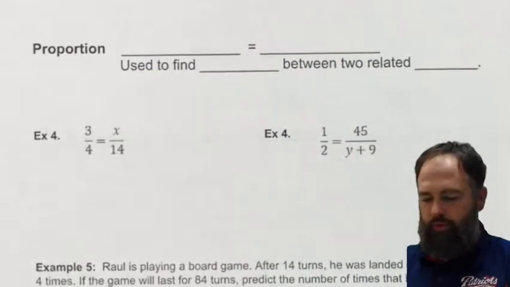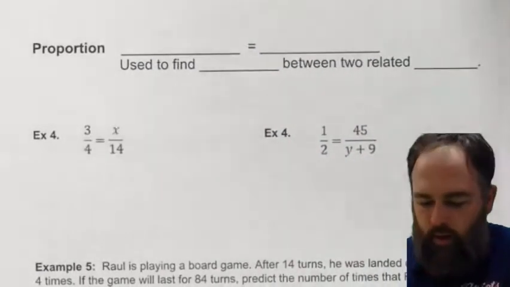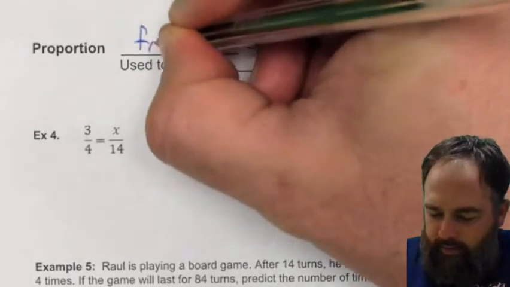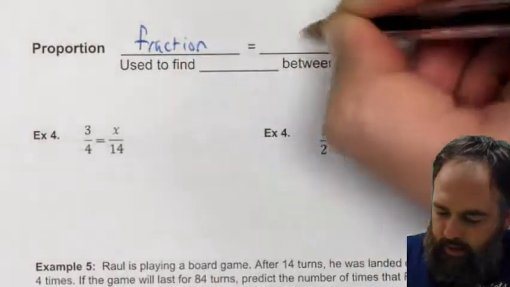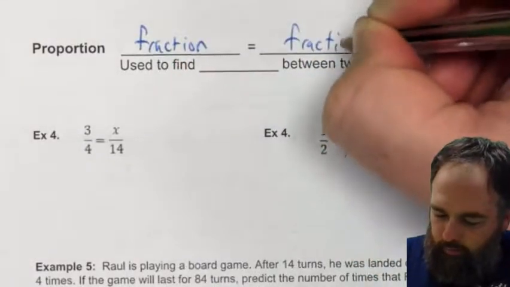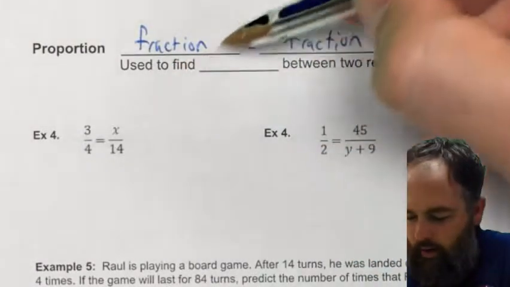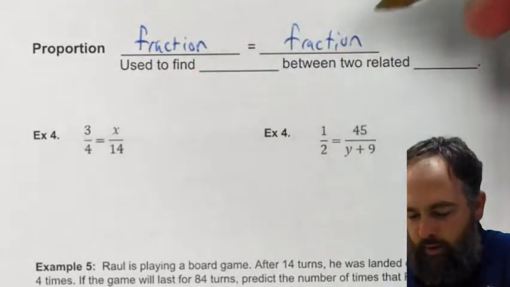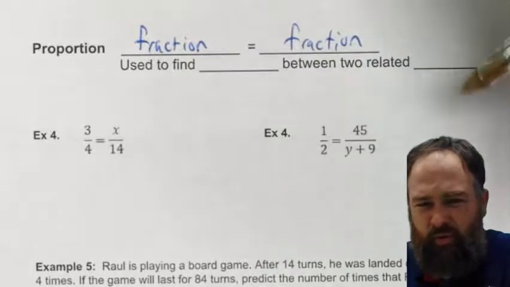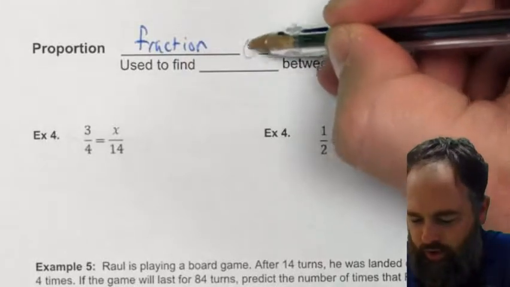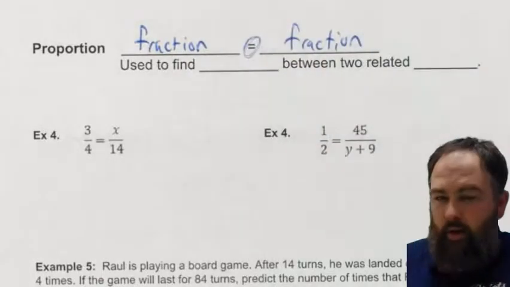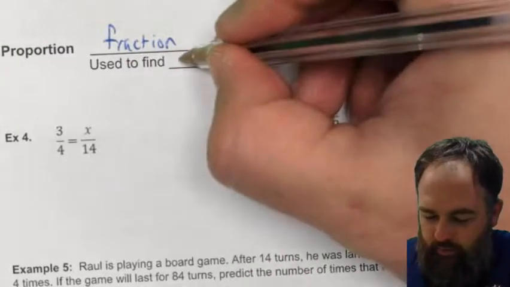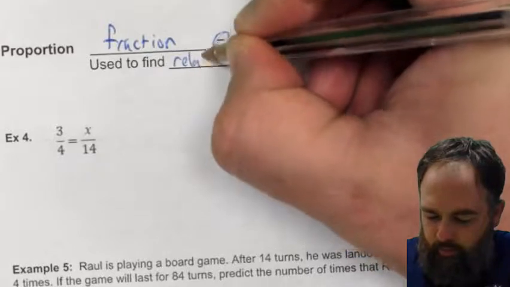A proportion. A proportion is always going to be written as fraction equals fraction. Now, this is important because so many times I get students who forget to put that equal mark, and that equal mark is extremely important. Now, what it actually is, a proportion is used to find the relationship